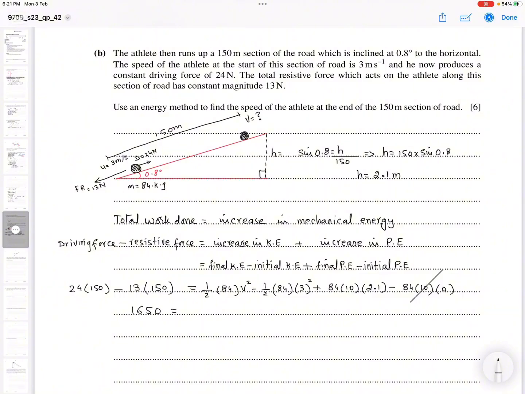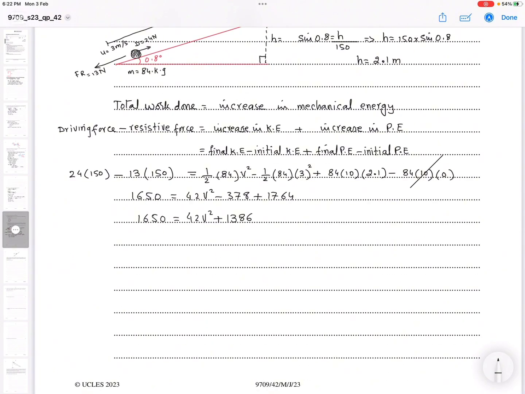1650 equals 42v square minus 378 plus 1764, and 1650 equals 42v square plus, you subtract 378 from 1764, you get 1386,